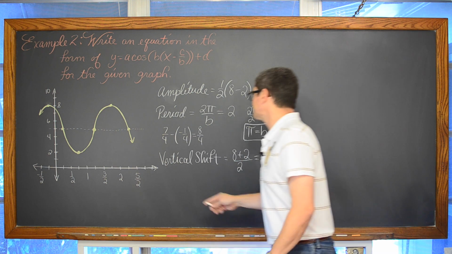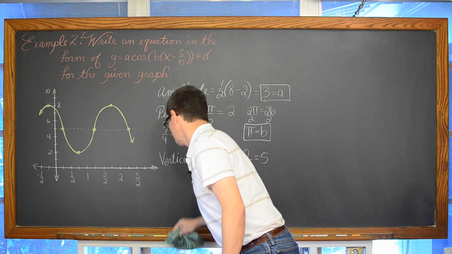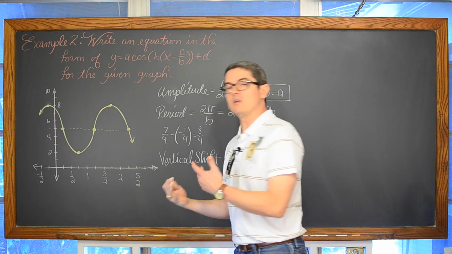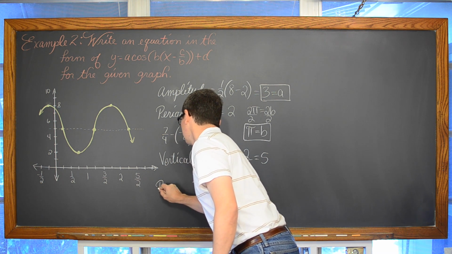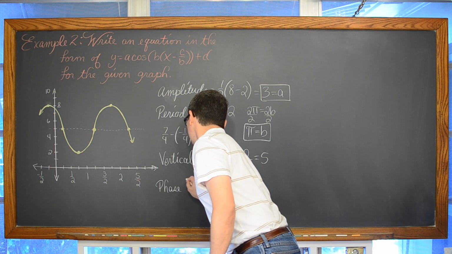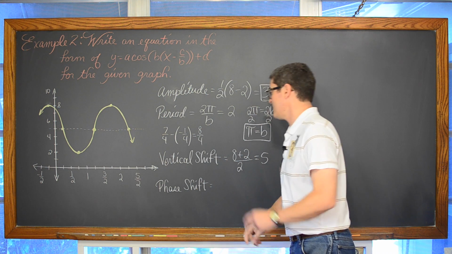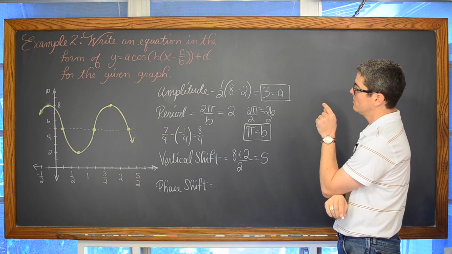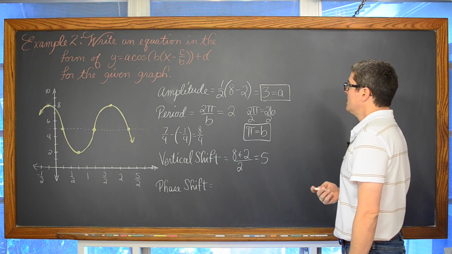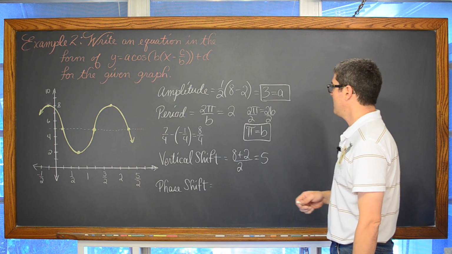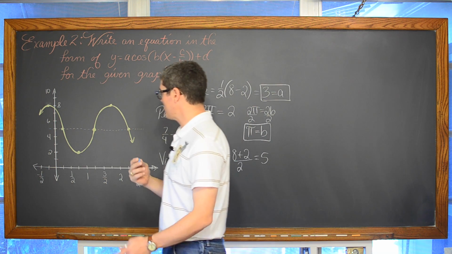Our phase shift, now here's where we can come up with all different kinds of versions of equations that will graph out to line right over the top of that graph. Our phase shift, just wanting to keep this phase shift as small a value as possible. And also we're wanting to have an equation in terms of cosine. So our period is equal to 2, and you don't necessarily need to do this, but I do think it helps visualize though.